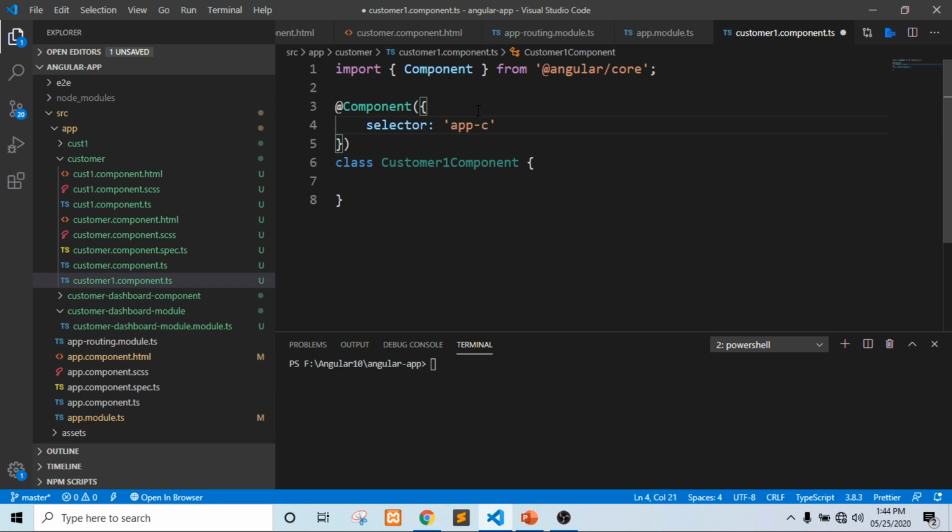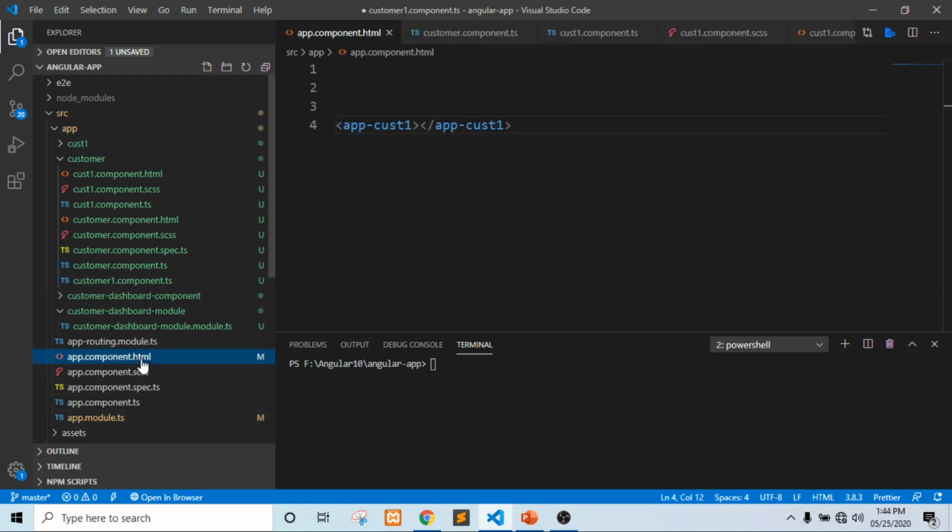Like if I take this name as app-customer-one, and I want to use this component in some HTML file, like here in app.component.html, then I can use it this way.